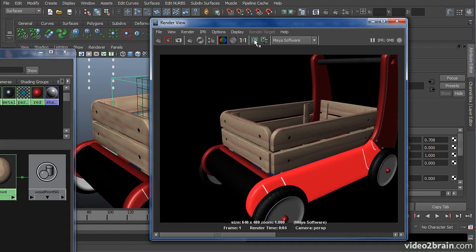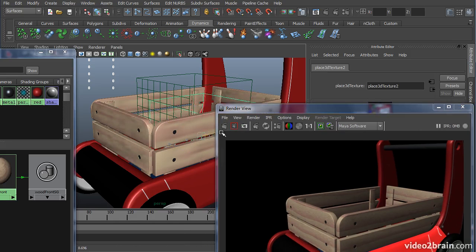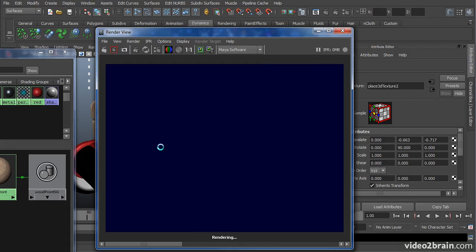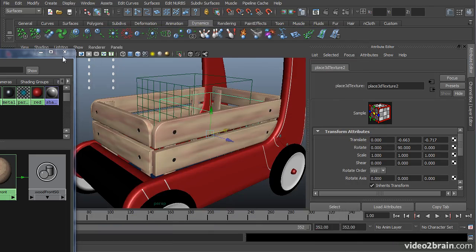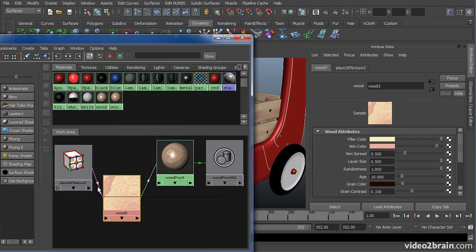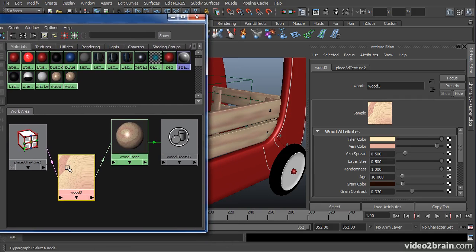If I save this in the buffer in my render view, I'll go ahead and appreciably move this placement node, and we'll take another quick render and see how that changes. Because I saved it in the buffer, I can simply scrub back and forth, and that placement has changed the material look of it. That's one of the reasons why this is called a procedural texture within Maya, because you can change it from within Maya. I didn't have to go to Photoshop and change the actual wood grain in an image file